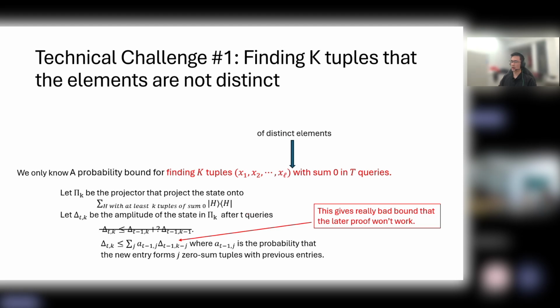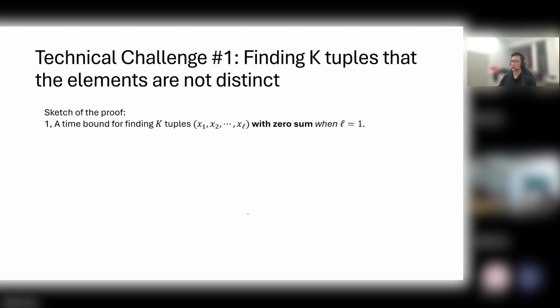Can we optimize it? Now we'll mention the correct proof. We're actually doing induction on L, because we can think of L as a constant. If L equals 1, then this tuple collapses to a single element. This is easy because we can easily bound the probability of finding k